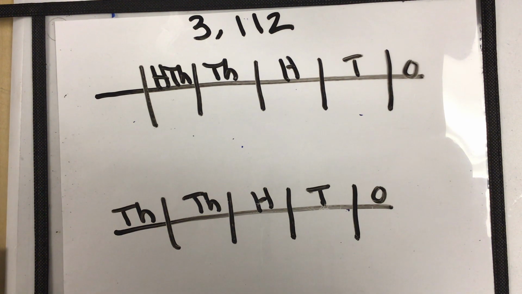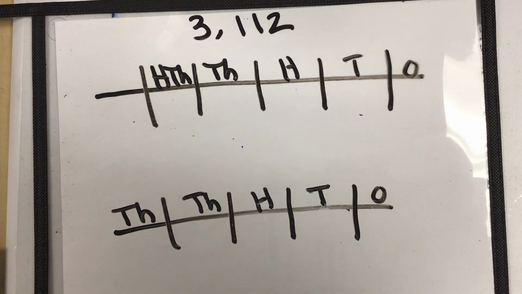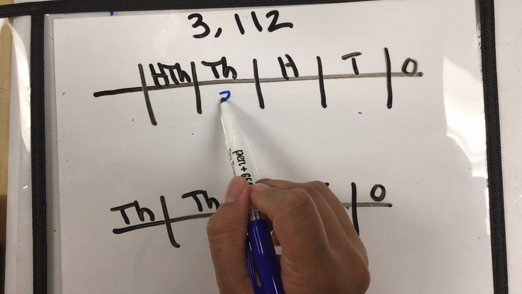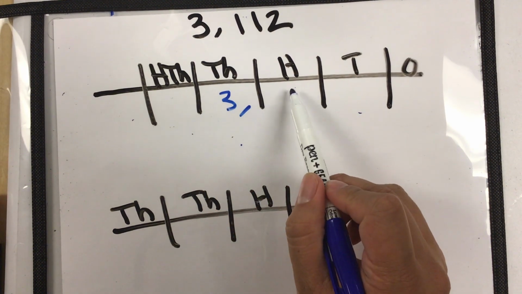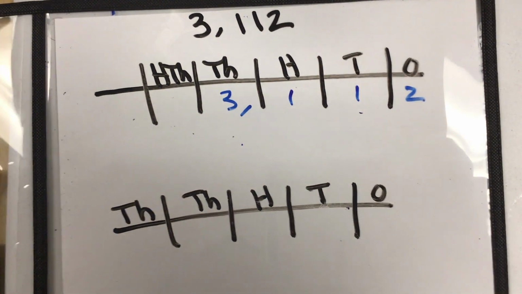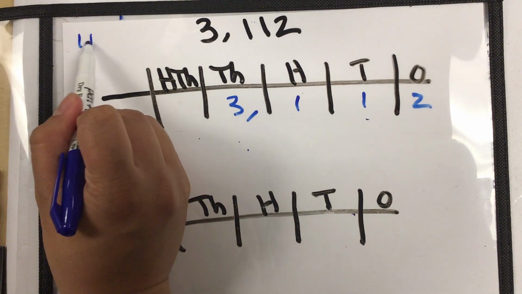I'm going to use the top part for addition and the bottom part for subtraction. So our number is 3,112. How would we represent that in our place value chart? Well, we know that there's 3,112. Now, if I want to say, what is 1,000